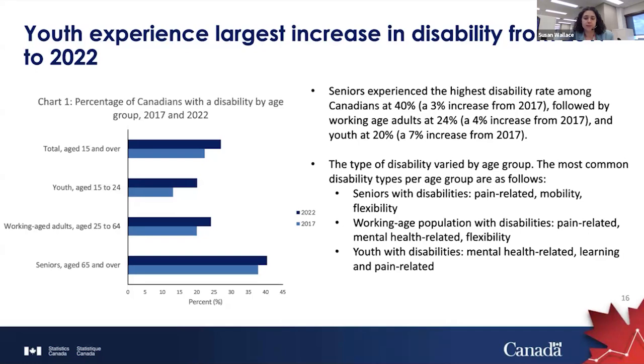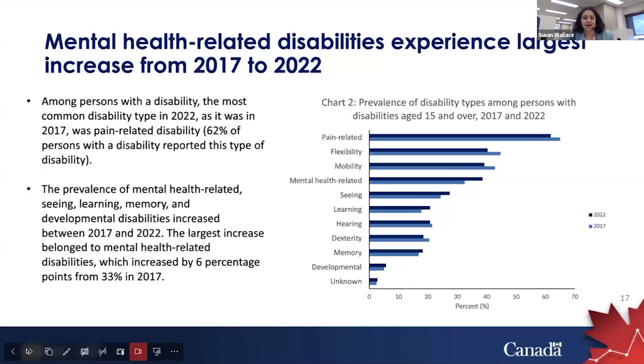Whereas among youth with disabilities, mental health related and learning disabilities were the most common disability types. And focusing more on the disability types themselves, mental health related disabilities had the largest increase between 2017 and 2022. While pain-related disabilities were the most common disability type, as 62% of persons with disabilities reported a pain-related disability, mental health-related disabilities had the largest increase, with an increase